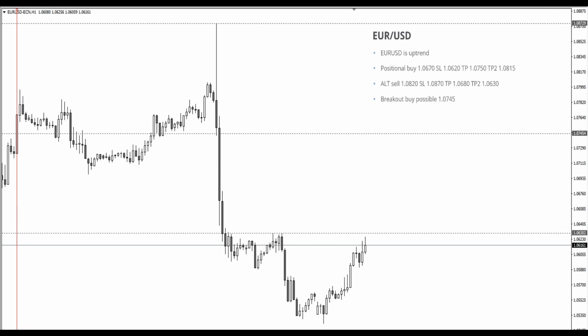So euro dollar, as I say, was definitely the winner, and it provided us with huge number of pips. But the thing is that now euro dollar is effectively sitting at its support, so we really need to be very, very careful whether we want to actually trade to the short side. We can trade it. I will show you the setup later, but we actually need a sort of retracement. You cannot just short it blindly. I mean, even that could be good, but I don't recommend it, guys.